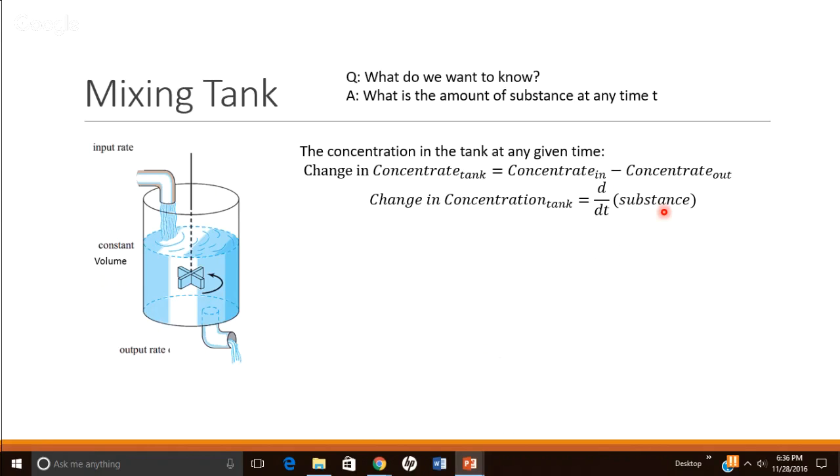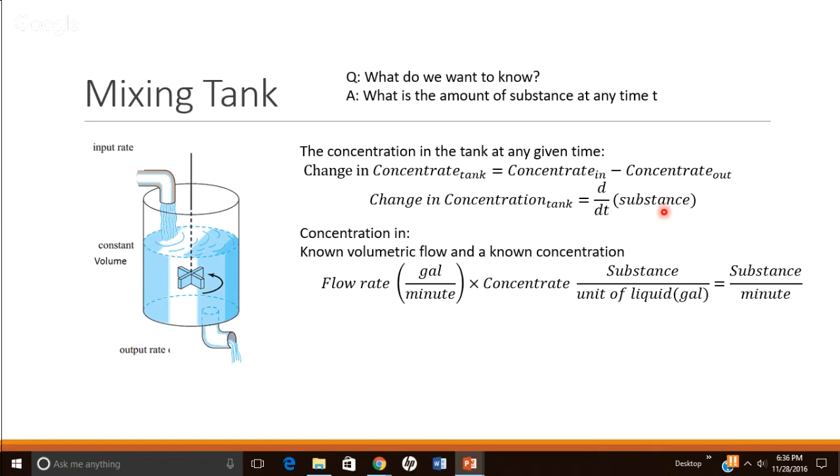So now let's look at the other two, the input and the output, and see if we can put this in mathematical terms. For the concentration going in, we know a flow rate, and we also know a concentration of that salt. That flow rate is given to us by a pump or pumping system, and we can put it into gallons per minute. I've got it in gallons per minute here. This could be liters per minute, or gallons per second, some sort of volumetric flow rate